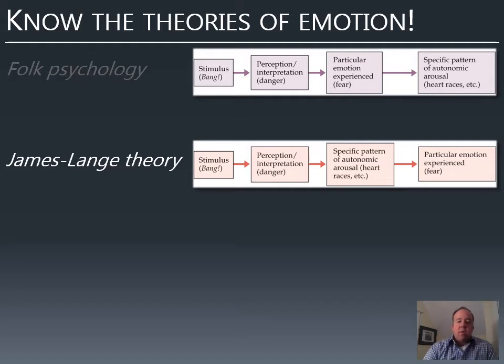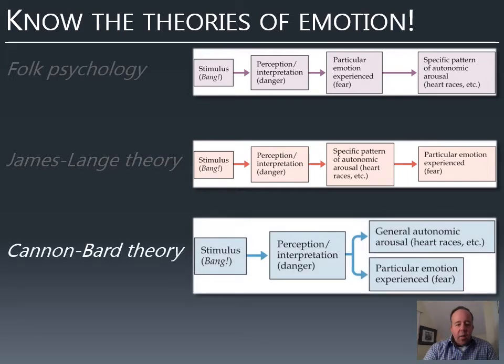So in other words, you have a stimulus, your heart rate goes up, and then your brain interprets that, and then you feel afraid. We know that neither of those is exactly right. There's the Cannon-Bard theory, which says these are separate processes, that they occur simultaneously, or at least one doesn't depend on the other, which gets around problems like when you're embarrassed, you feel embarrassed first and then blush, whereas when